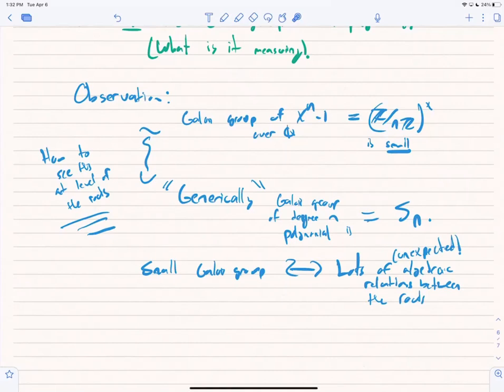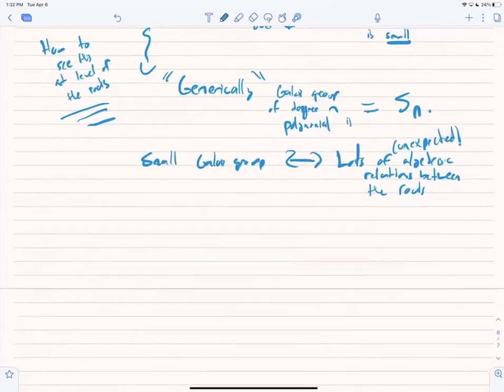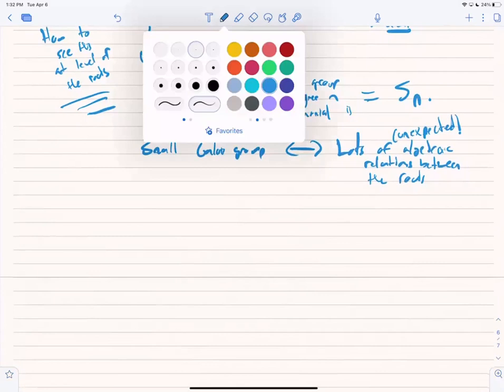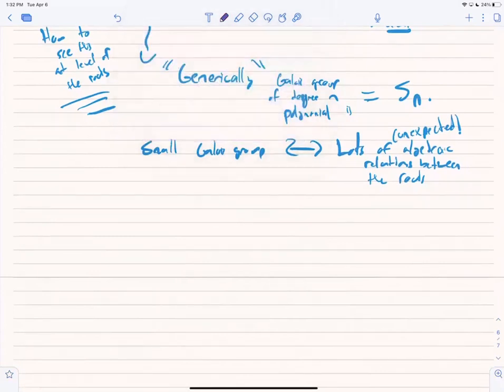Because if I fix any one of them, then I can express any other root as sort of a power of that root. So that's some sort of algebraic relation that holds between the roots of these guys. It doesn't hold between the roots of a generic polynomial. And you can make this precise. I mean, the Galois group is sort of